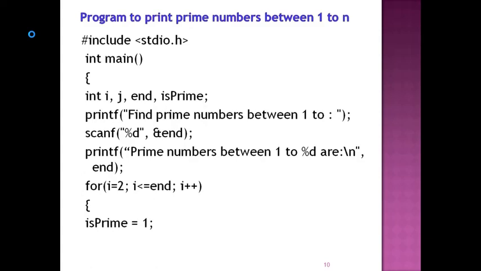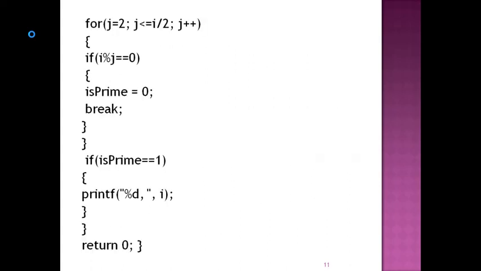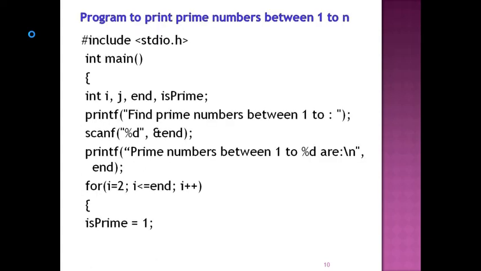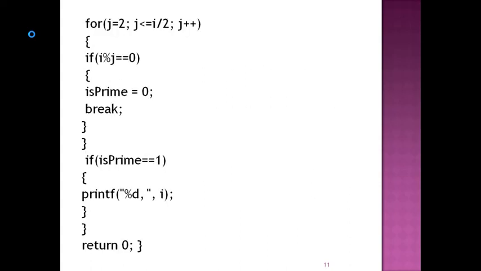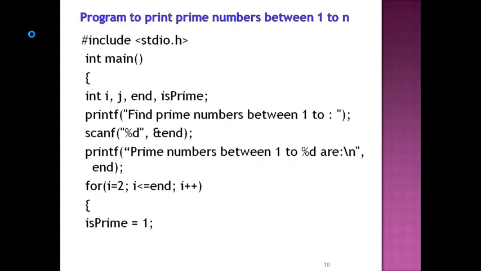First time it will take 2. It checks whether it is a prime number or not by using the inner for loop. If it is a prime number, it prints. After completing 2, it goes to the outer for loop. The i value is incremented to 3. It checks whether 3 is a prime number in the inner for loop. It is a prime number, so it prints. After that, the control passes to the outer for loop.